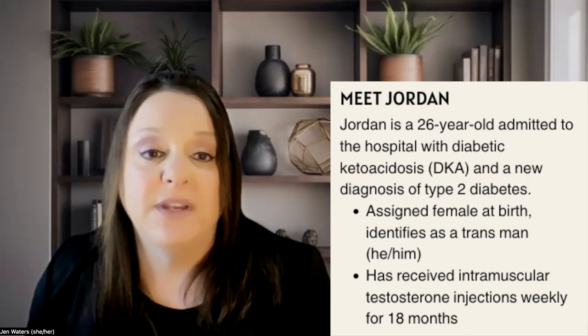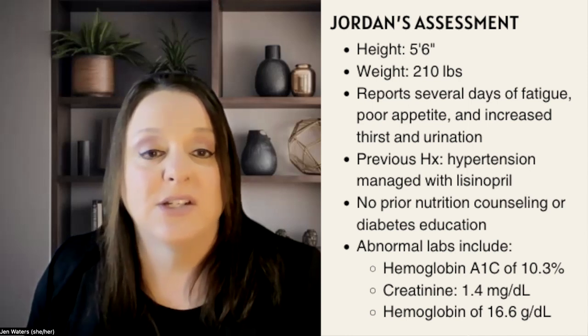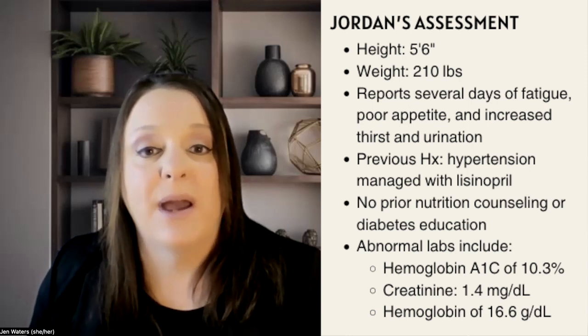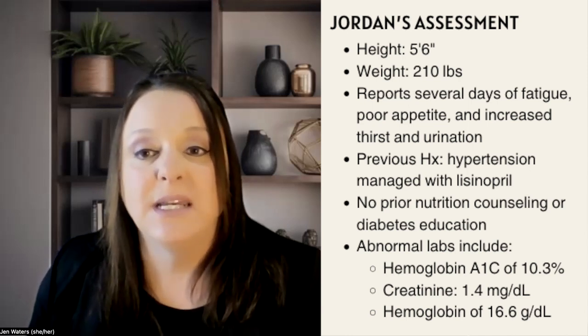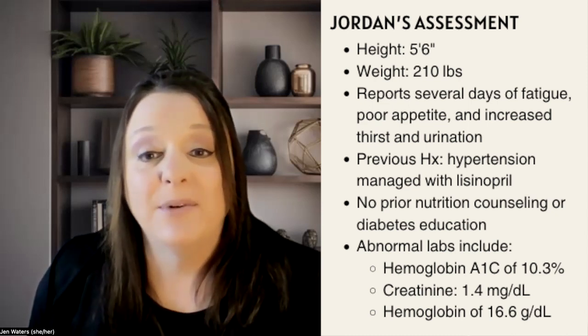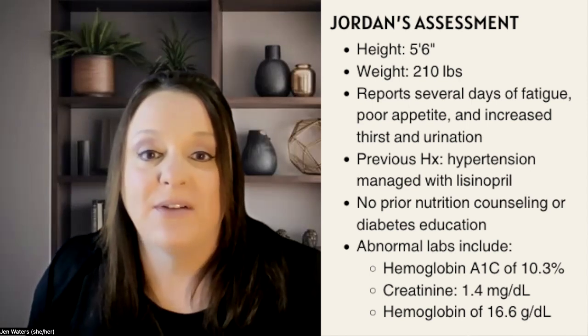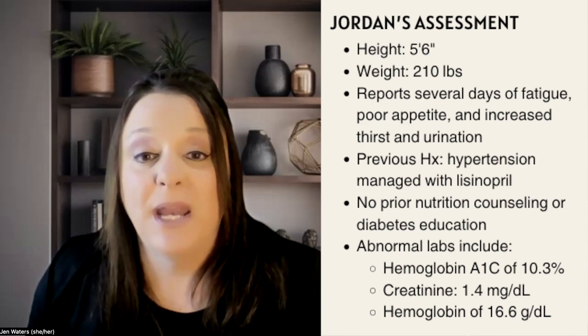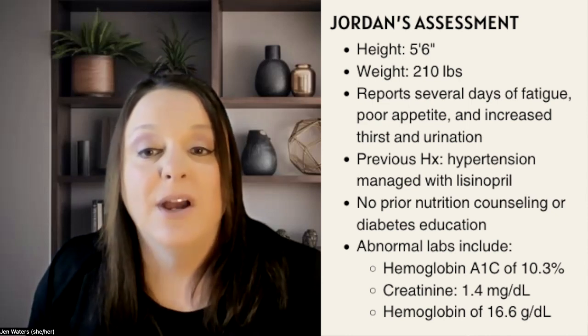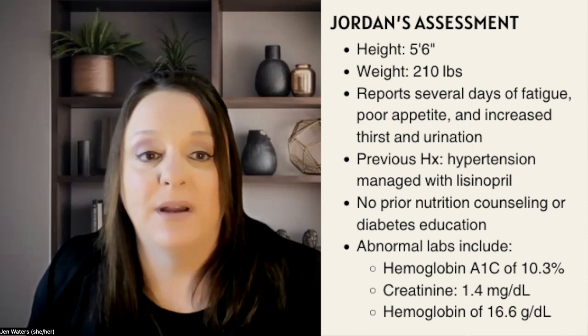He has been receiving intramuscular testosterone injections weekly for the past 18 months. Jordan is 5'6" tall and weighs 210 pounds. He reports several days of fatigue, poor appetite, and increased thirst and urination. He has a history of hypertension managed with lisinopril. He has not previously received nutrition counseling or diabetes education. His abnormal labs include a hemoglobin A1C of 10.3%, a creatinine of 1.4 milligrams per deciliter, and a hemoglobin of